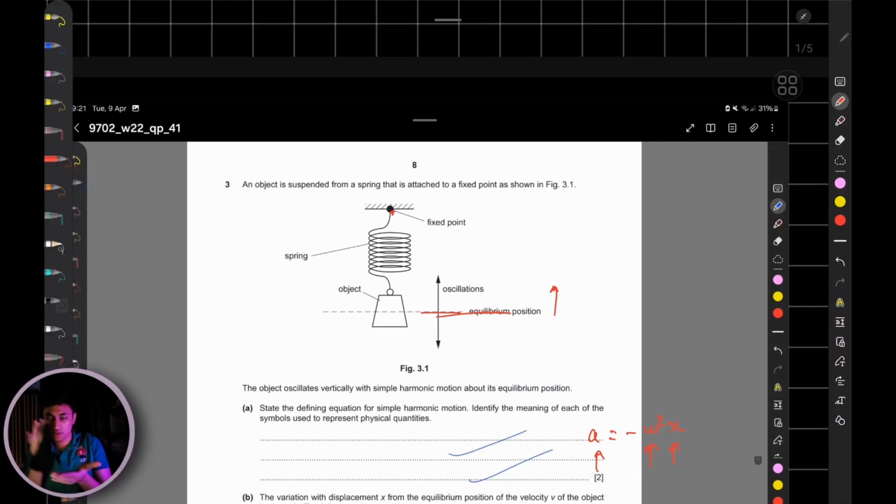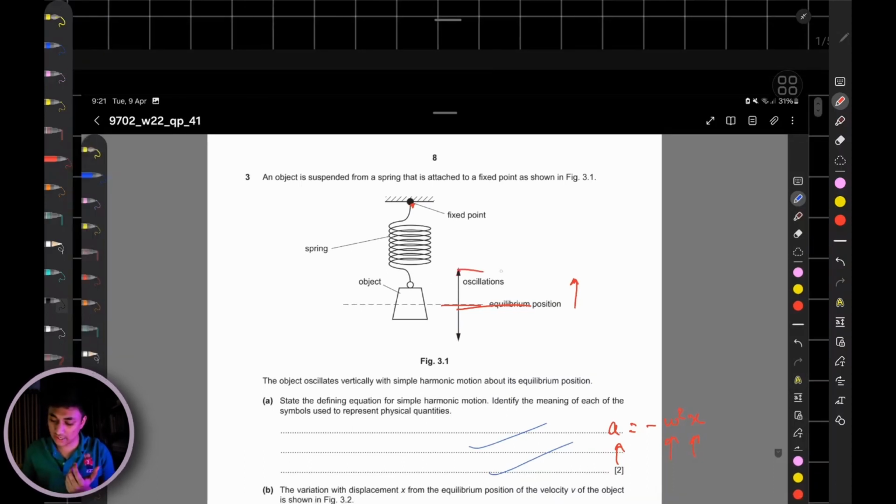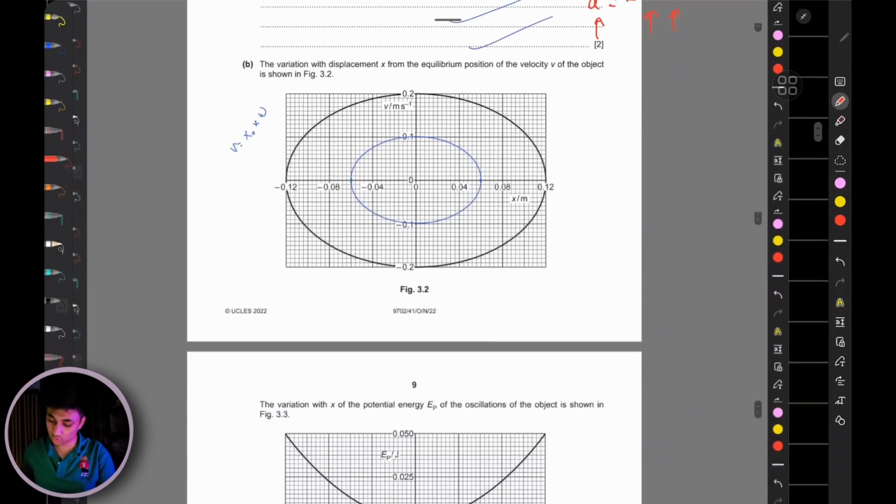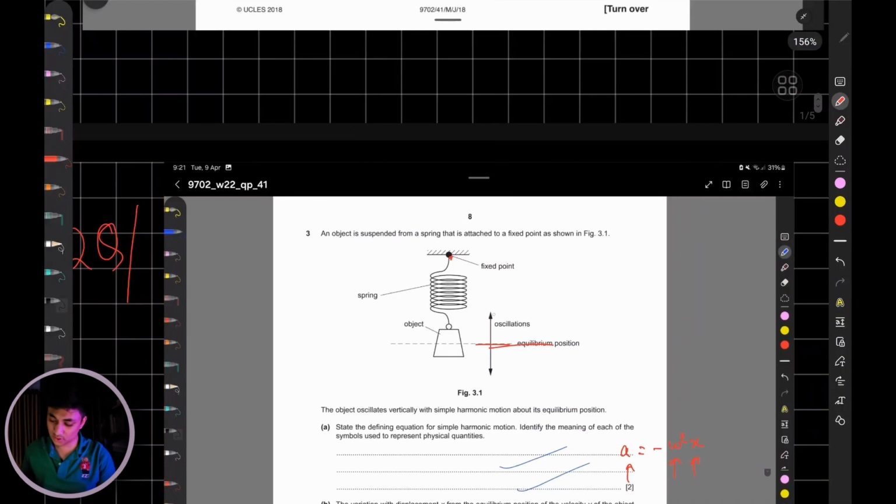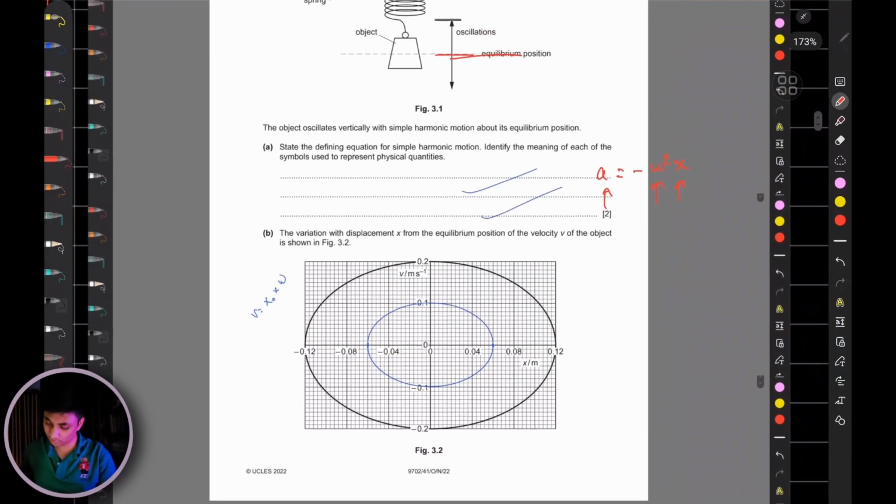At equilibrium position, max velocity, max kinetic energy. At topmost position, it's going to have the maximum amount of potential energy. However, 0 kinetic energy, right? Fair enough. So moving on with the notion, at the topmost position, the velocity is also 0 because kinetic energy is 0. So moving on with that,